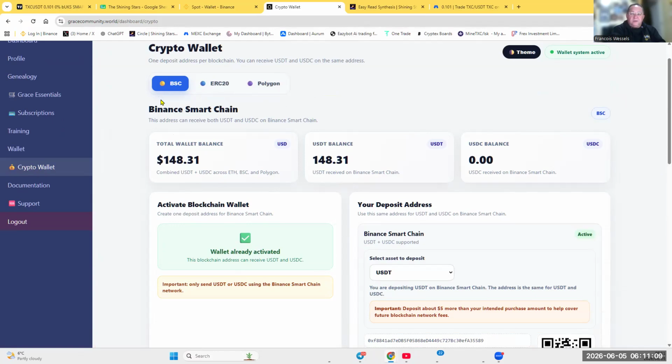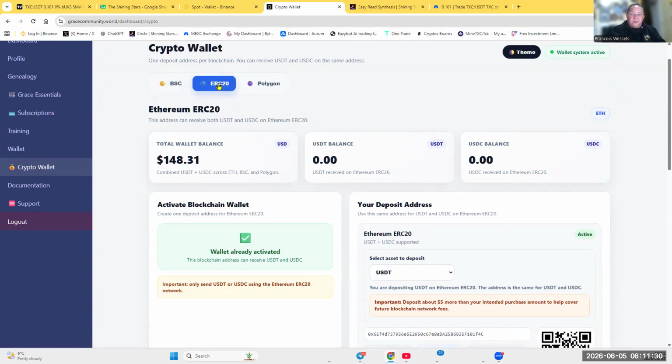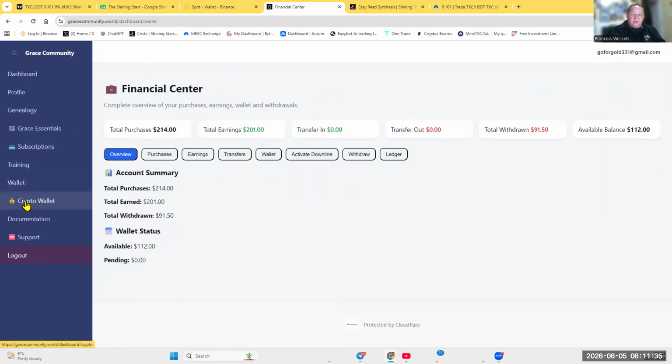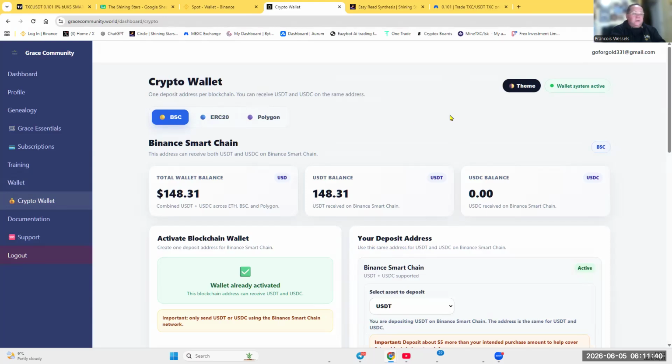I always ask people to use the USDT BEP20 or BSC account, because you will find that the system always goes back to default. For example, if I click on ERC and I click on something else and I click go back to my crypto wallet, it went from the ERC back to my default. So the best and safest way is once you deposit funds into your crypto wallet.